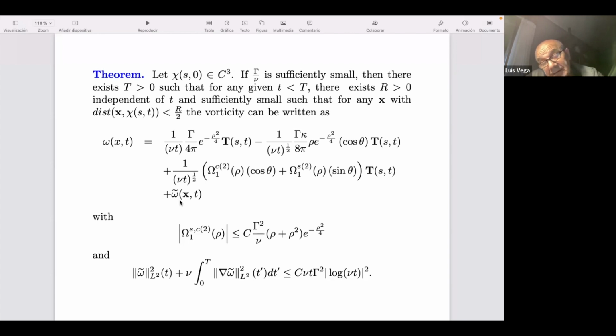And so one of the problems of this description, but I will not enter into this too much, is that the error is measured in the energy norm, while the leading orders are given point-wise, so it's an L infinity norm. Of course, in any case, this is much smaller than these other terms, meaning that when I compute these three terms in this norm, the power of this one is like the inverse of the square root of nu t, and for this one it will be like O of 1. So this is much smaller. All right, so this is the result.